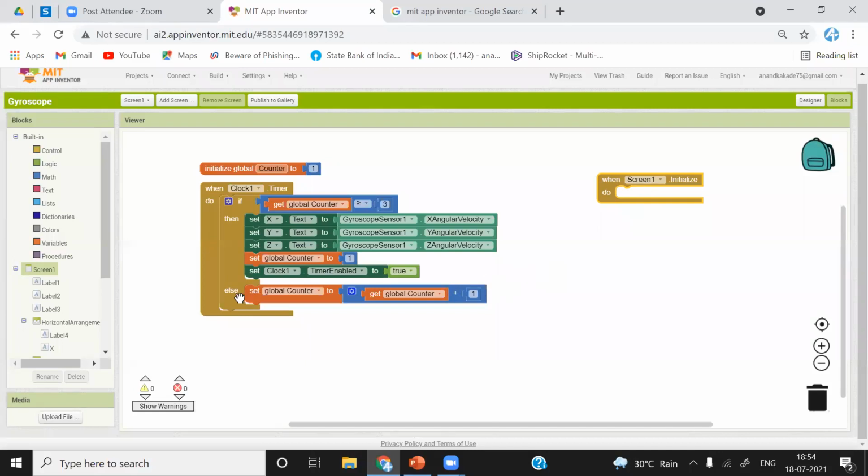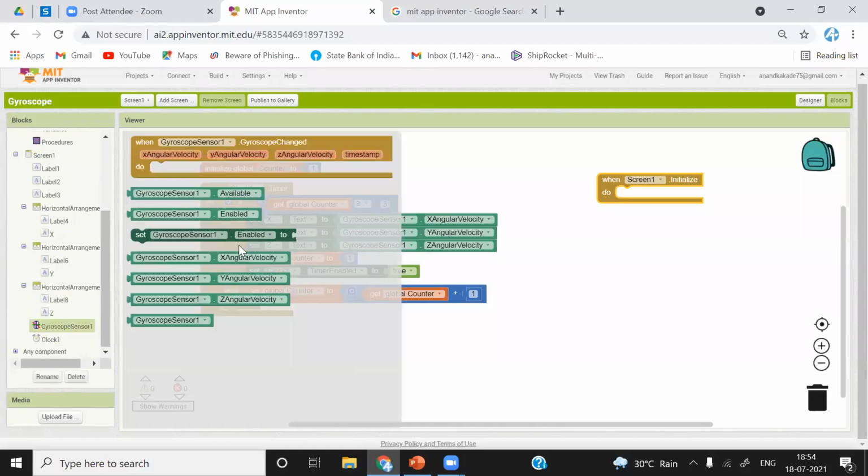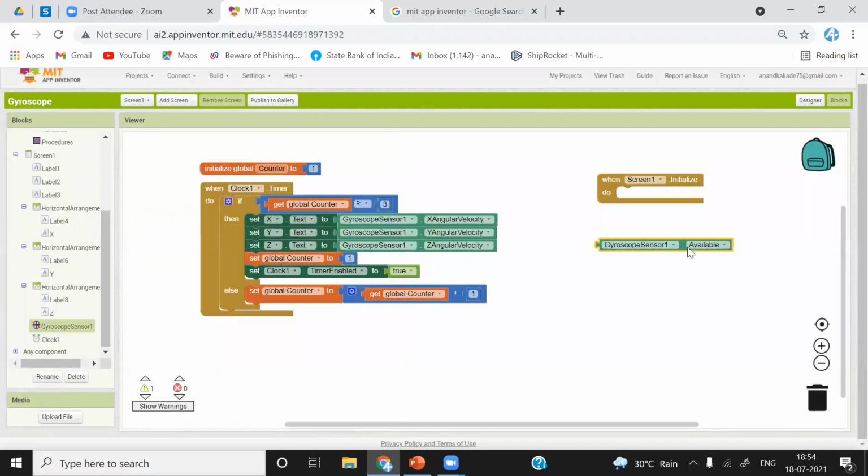So what I will do, we will check whether the sensor is present or not. To do that, you have to click on this sensor, whatever sensor we want to check, and click on this available. If the sensor is available, it will return true. If not, it will return false.